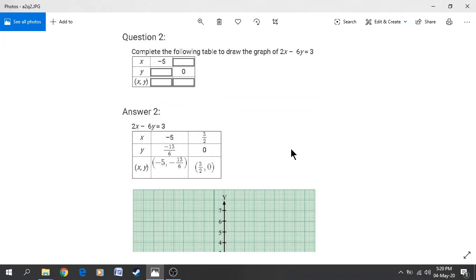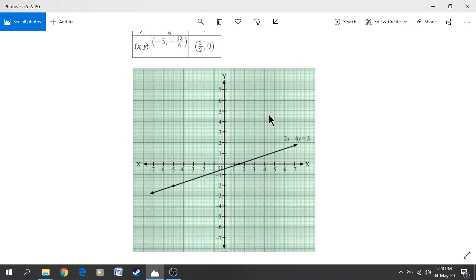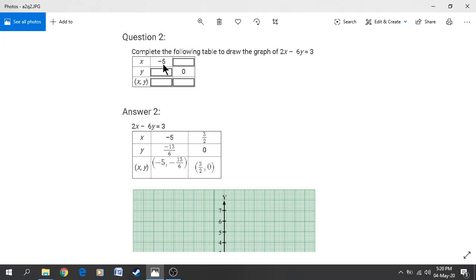Question number 2 is about the graphical method. Complete the table to draw the graph of 2x minus 6y is equal to 3. This is only one line we have to draw. When one equation is given, it means there should be one line. Minus 5 is given, which means put x is equal to minus 5 and calculate y. y should be minus 13/6, and put y is equal to 0, then x should be 3 by 2. So write them as ordered pairs: minus 5 comma minus 13/6 and 3 by 2 comma 0,